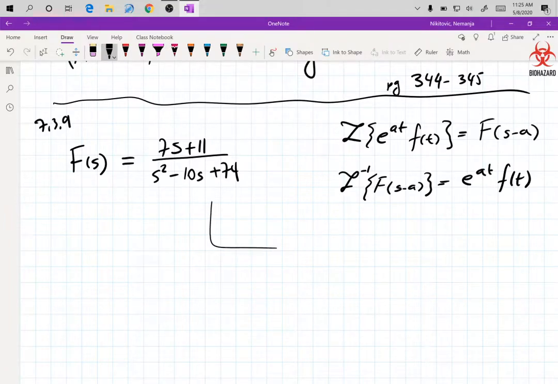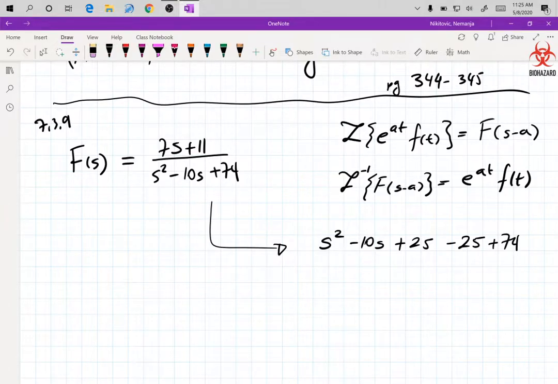So from here, for completing the square, the denominator is going to be s squared minus 10s, and then I have to do plus 25, and then minus 25, and then plus 74. So you take half of 10 and square it, right? Half of 10 is 5, squared is 25. So these three together are s minus 5 squared, and then I have plus